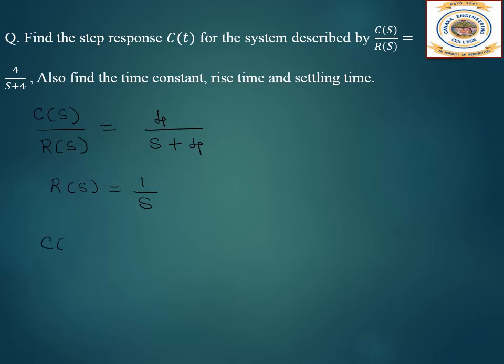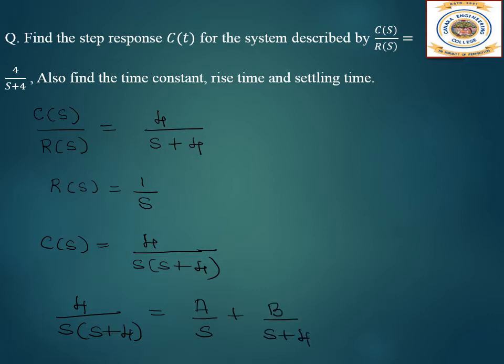So let us write what is C of S. Let me take R of S to the other side. So we get it as 4 divided by S into S plus 4. Now how do you apply Laplace inverse? We have to use the partial fraction method. So here 4 divided by S into S plus 4, I can write it as A by S plus B by S plus 4. So if I take the common denominator, I get 4 equal to A into S plus 4 plus B into